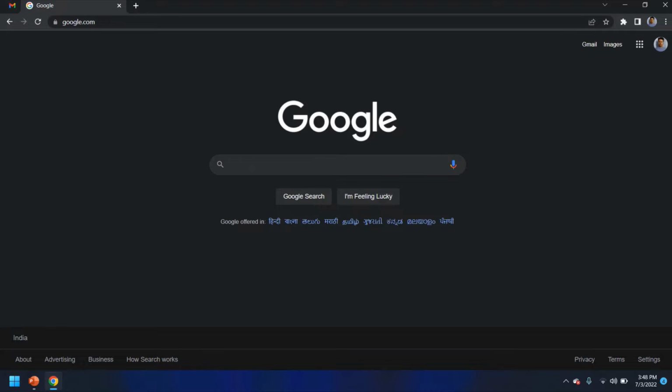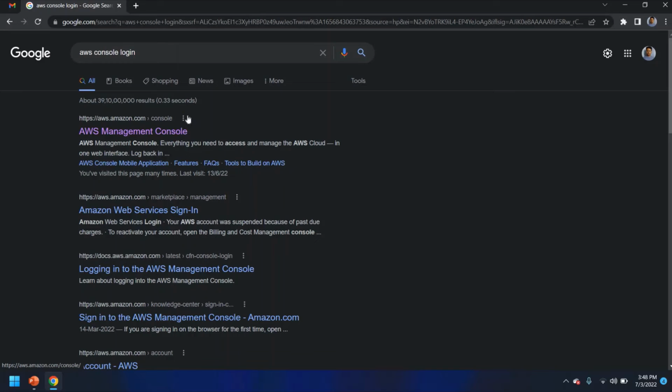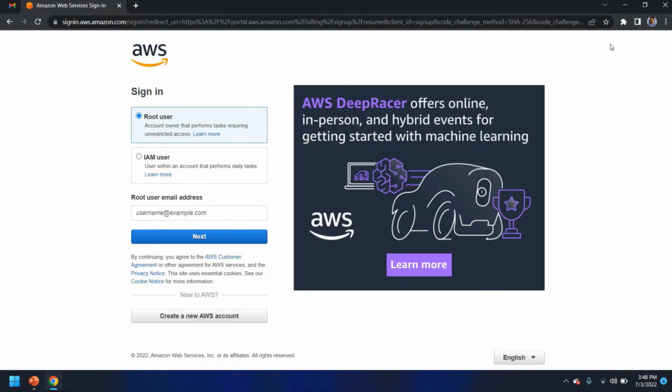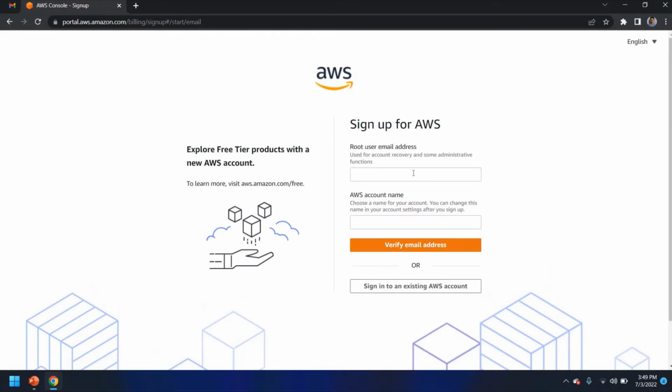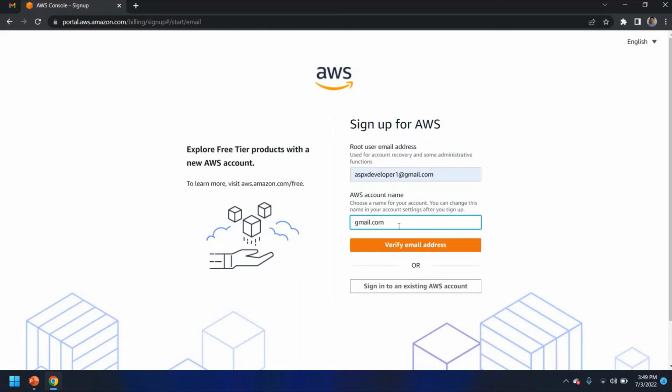So simply, you can search for AWS console login. So this is the URL of the Amazon Web Services Management Console. If you go on to that, if you have an account, you can click on sign in, and if you don't have one, then you have to click on sign up. Okay, so you can click on create a new AWS account